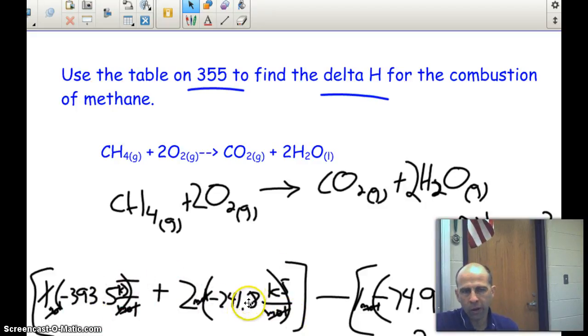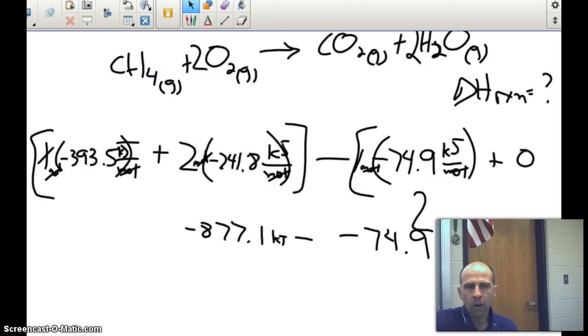Now the reactants, there's only 1 mole of methane involved, and it's a negative 74.9. We just showed you that value, but it's also in the table there, plus 0. The reason it's 0 is because every element has a heat of formation of 0 when it's in a standard state, like O2 gas. So if we were to look at how this math comes out,